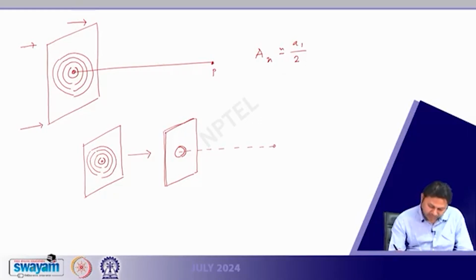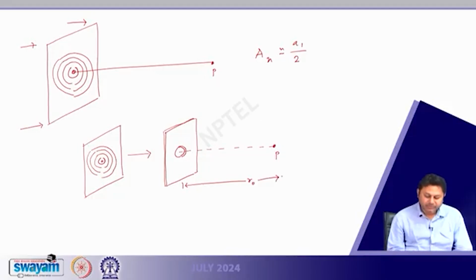The light is passing through this aperture, and this is P, and suppose here to here this distance is as before r naught. So, now if I increase the radius of this aperture,